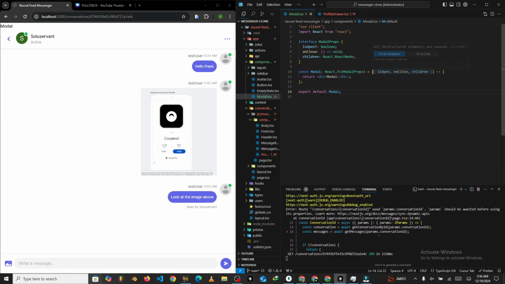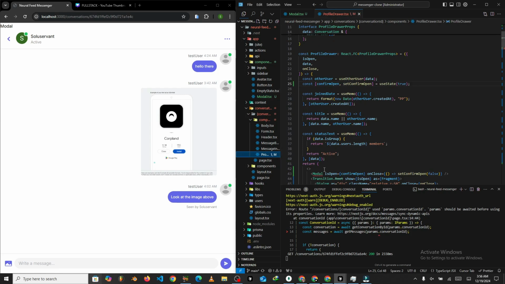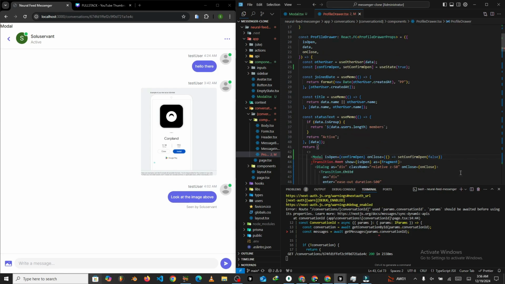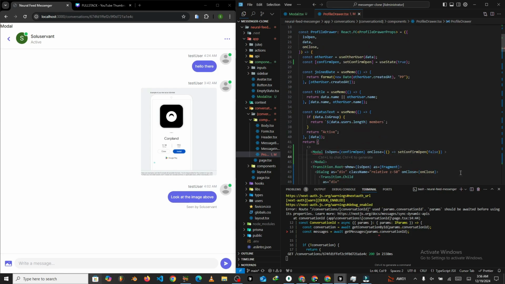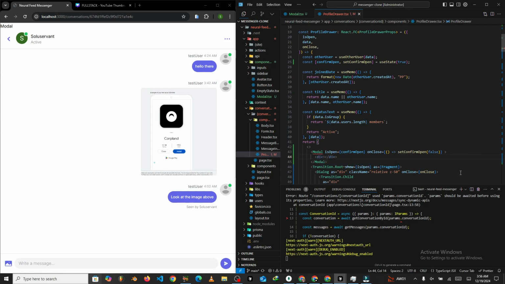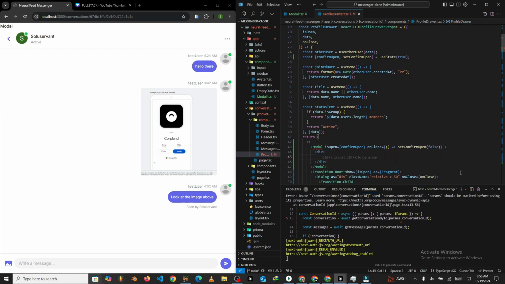Now we should be able to receive the props inside here like we specified. The reason why you're still getting the error is we can come in here and create a div, and this div receives a p tag